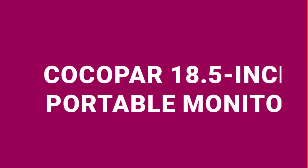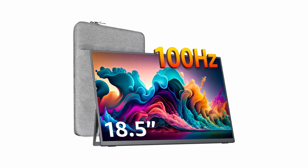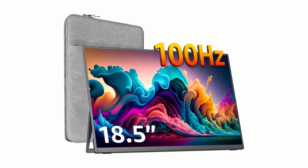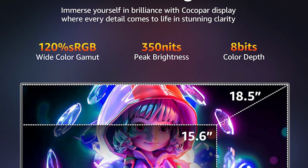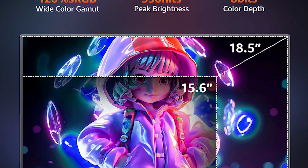Fourth, we have the Cocopar 18.5-inch portable monitor, priced at $199. This portable monitor is ideal for artists on the move, weighing just over 2 pounds and featuring a super slim profile. It displays full high-definition images on its 18.5-inch screen and updates its display 100 times per second for a smooth visual experience. The color accuracy is exceptional, covering 120% of the sRGB color space, which is great for photo editing